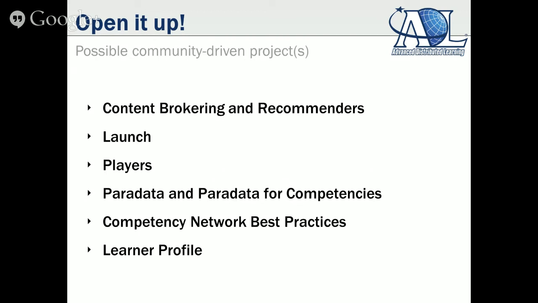We've used Medbiquitous, but Tom has proven that as long as a competency is associated or identified by a URI, it doesn't matter what structure it is, Medbiquitous or the CEDS Common Core or the InLoc, it doesn't matter as long as a URI is involved. So can we support many competency networks, and what are the best practices in order to be able to use it with the Experience API and the performance framework? And then a more complex learner profile that will assist you with recommendations.